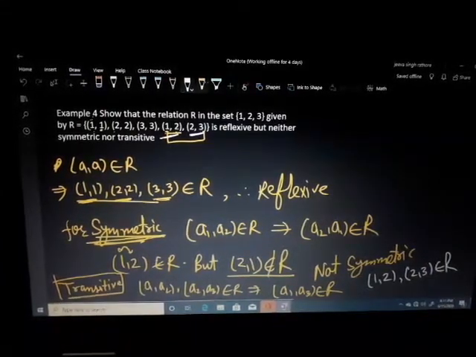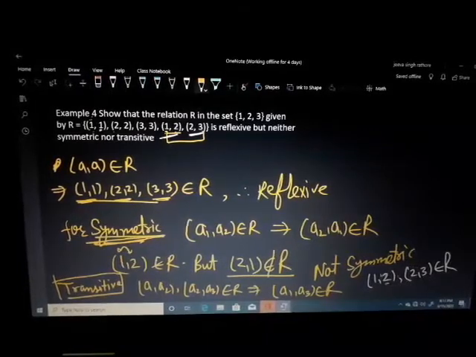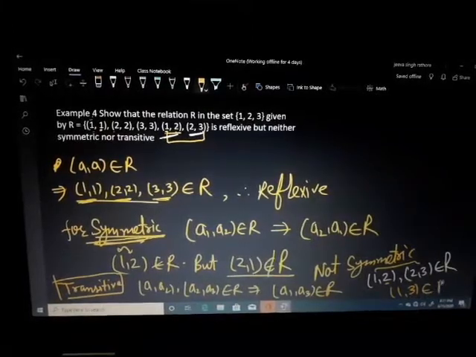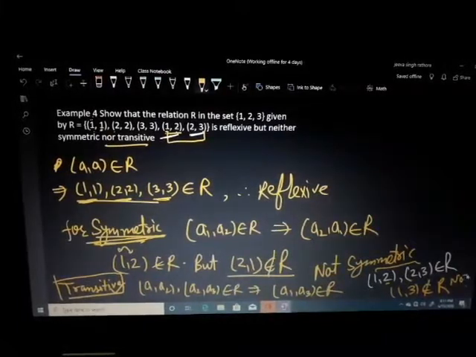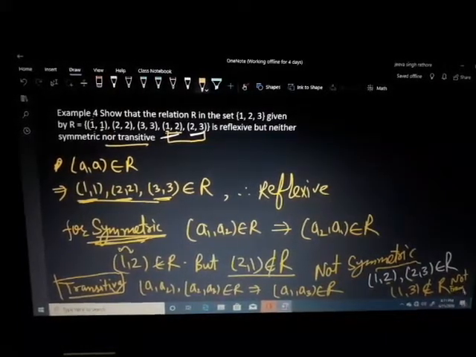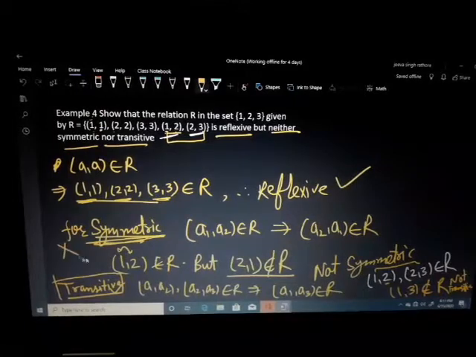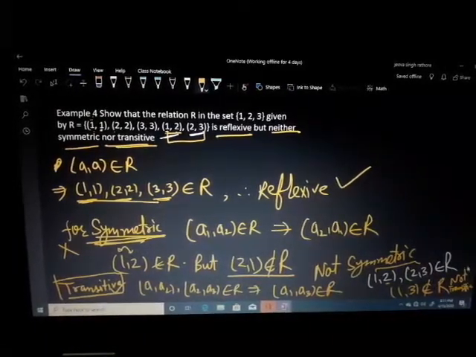तो आप देखेंगे इसका फर्स्ट एंड थर्ड, देखो 2 वाला एलिमेंट सेम है तो फर्स्ट थर्ड सेम होना चाहिए. तो (1, 3) मस्ट भी बिलोंग्स टू रिलेशन आर, तभी ट्रांजिटिव. बट आप देखेंगे कि इसमें (1, 3) प्रेजेंट नहीं है, तो डज नॉट बिलोंग्स टू आर, तो दिस रिलेशन इज नॉट ट्रांजिटिव. नॉट ट्रांजिटिव लिख लीजिए. दैट्स वाई वी हैव प्रूव दैट दिस रिलेशन इज रिफ्लेक्सिव बट नाइदर सिमेट्रिक एंड नॉट ट्रांजिटिव.